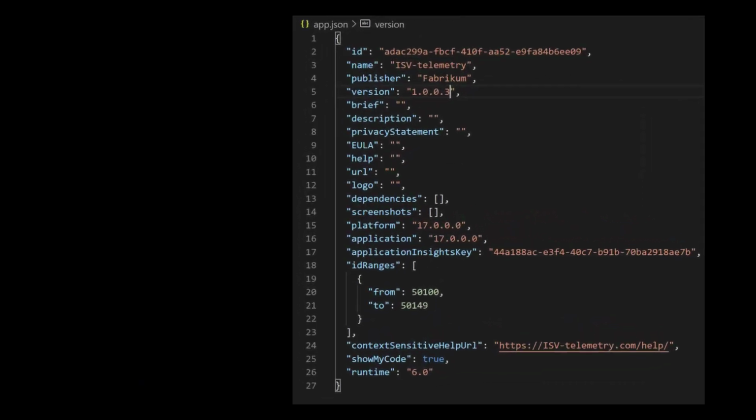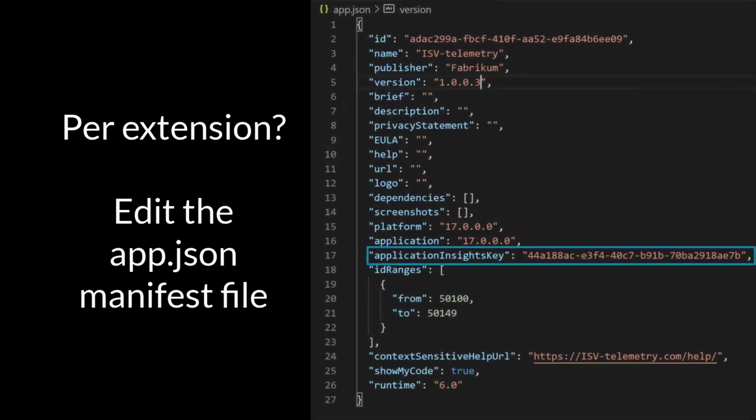As of Business Central 2020 Release Wave 2, we can also enable Application Insights on a per extension basis. We add the instrumentation key to the extension's manifest, the app.json file. When the extension is installed in an environment, telemetry will begin to flow to the Application Insights resource. And that's it. To learn more about partner telemetry in Azure Application Insights, visit